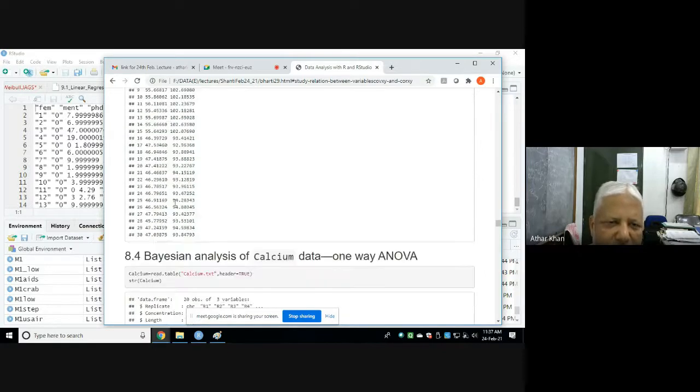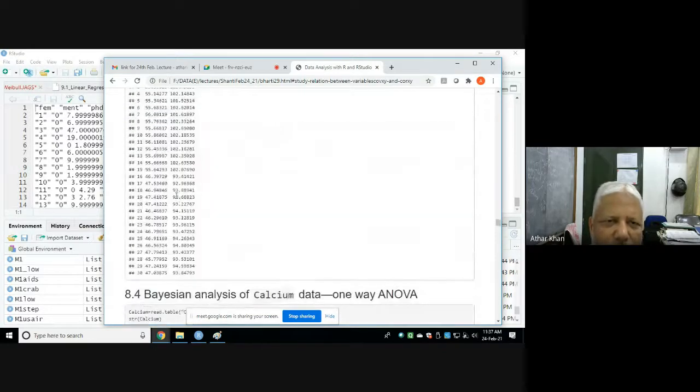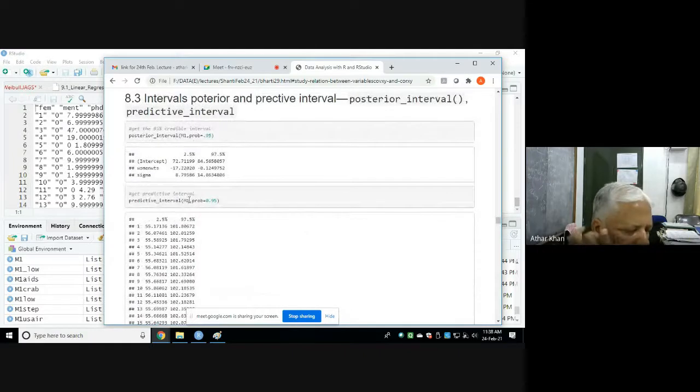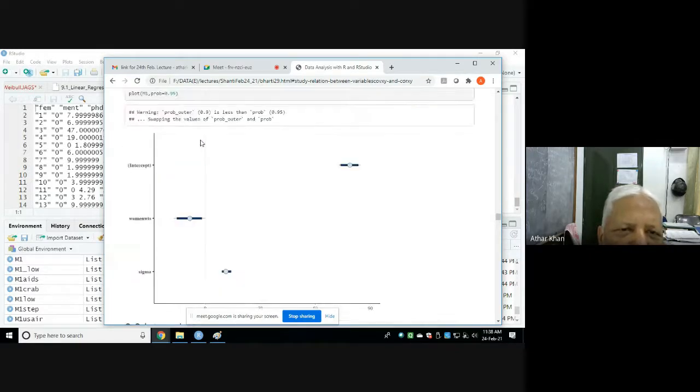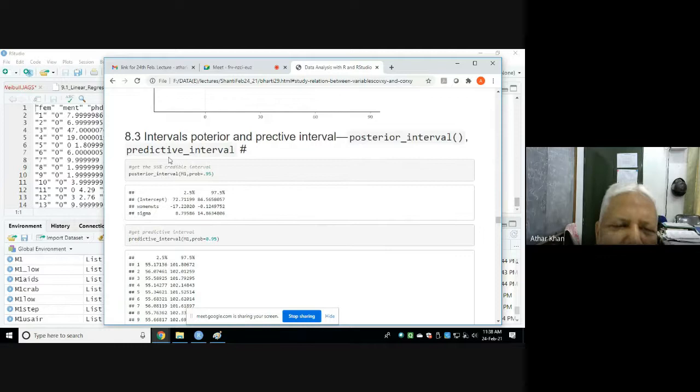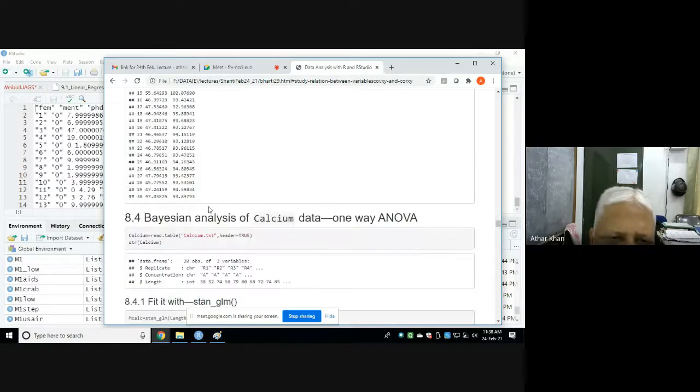In the modern days of machine learning, people talk about predictive analysis. That predictive analysis can be done by this Stan software, and there are many functions. Predict is to get predictive intervals graphics. So all these things deal with predictive analytics in machine learning actually.